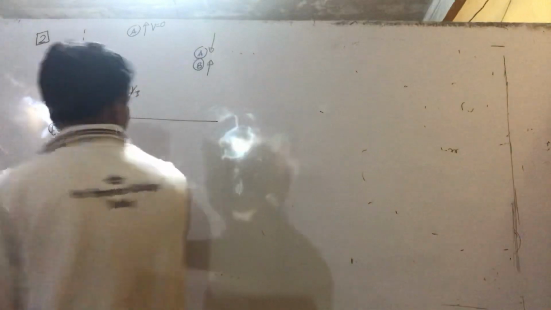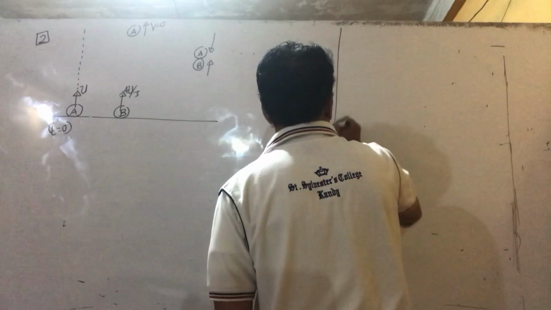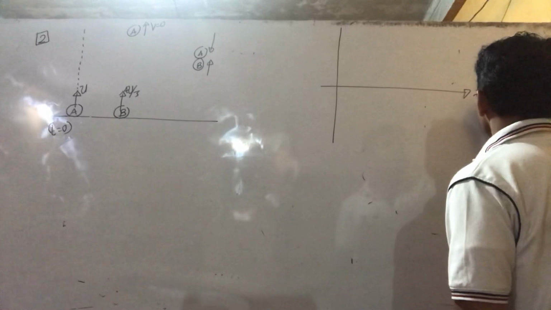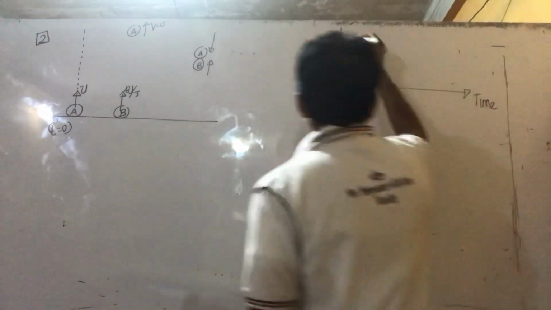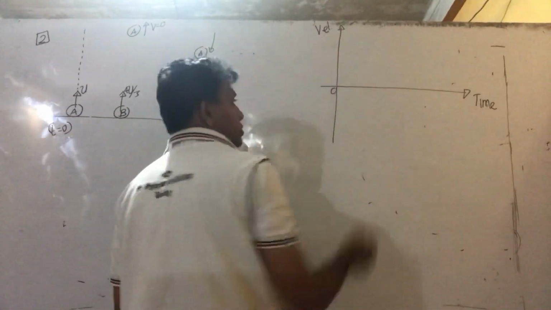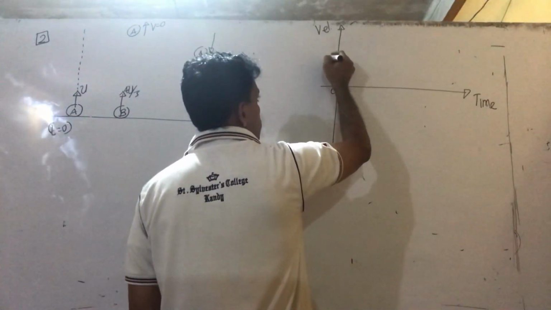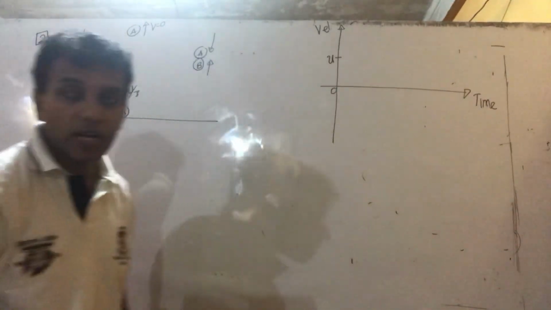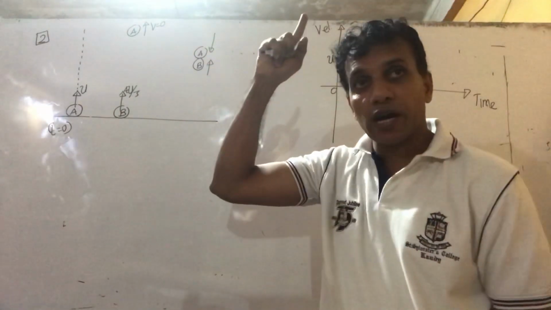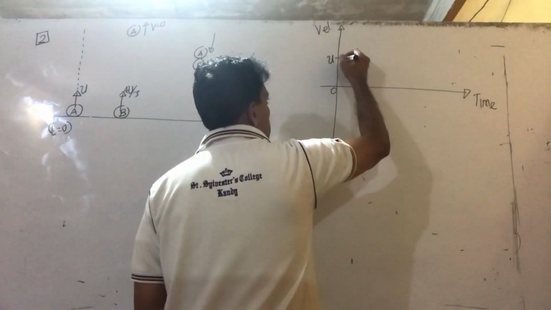So if I draw it here, I show the VT graph for both, with time and velocity axes. How was the first one projected? With velocity u. So what happens under gravity? This is a retardation motion, right? Because the acceleration is downward under gravity, the upward motion is retarded. Therefore, the graph